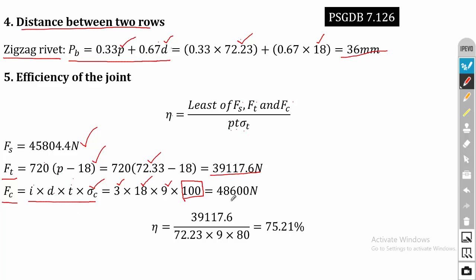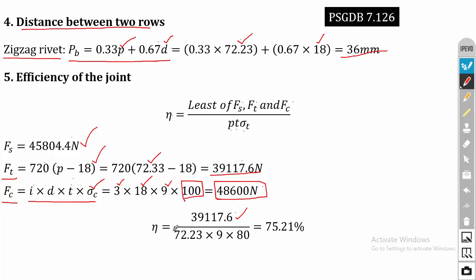So by solving this, I can calculate the Fc value as 48,600 Newton. So among these 3, that is Fs, Ft and Fc, the Ft value is minimum. So I have selected the Ft value for calculating the efficiency. So the Ft value is